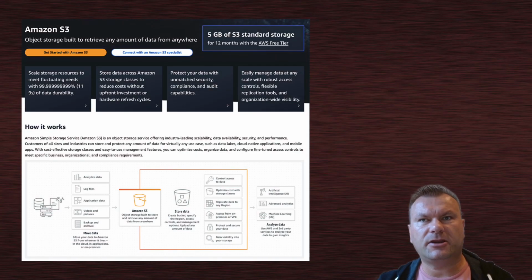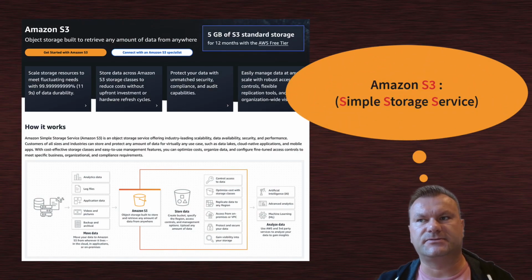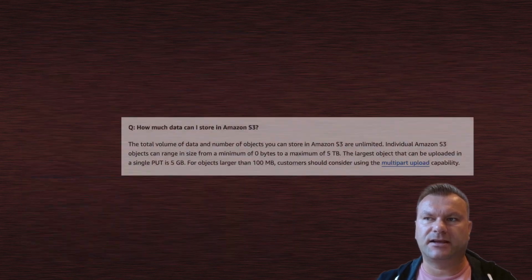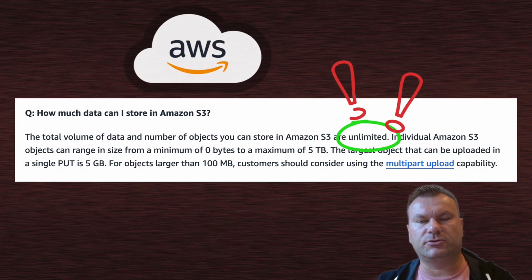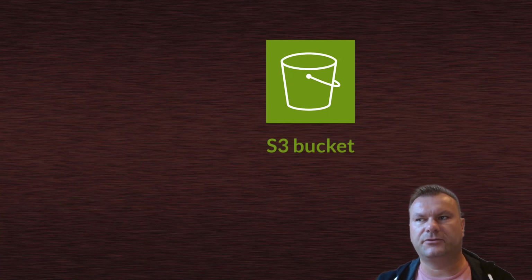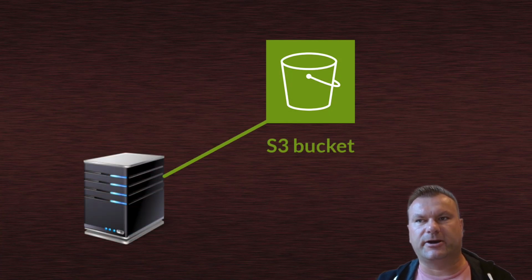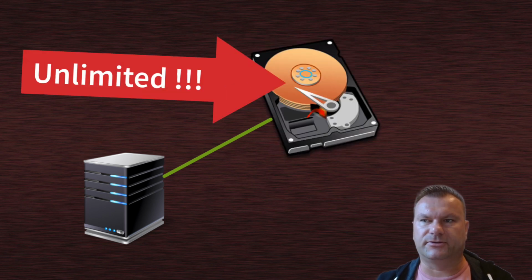You might already be familiar with Amazon S3 service. It's a service in AWS Cloud that allows you to keep unlimited amount of data. You can create so-called bucket there to store the data, and then you can also mount that S3 bucket to a server, basically creating unlimited disk space for it. So how do you do that? It's easier than you think.